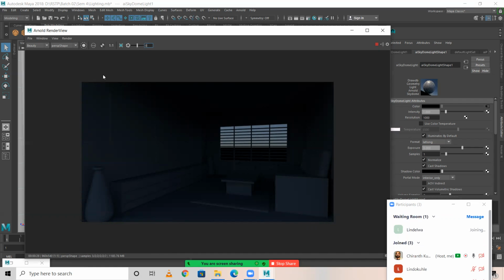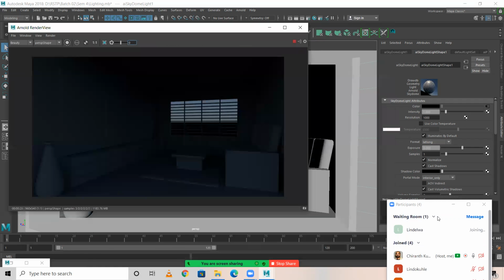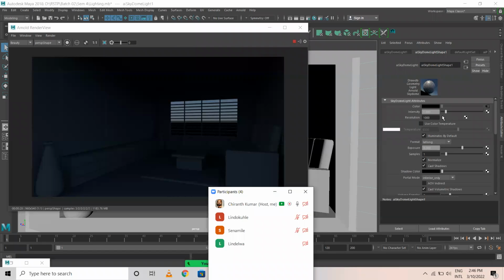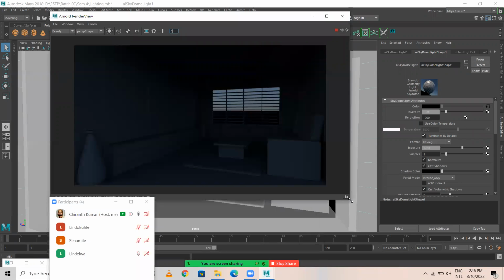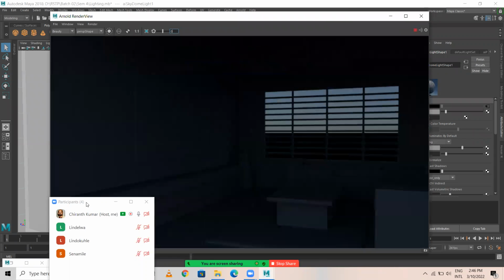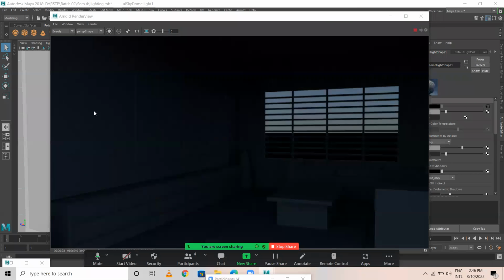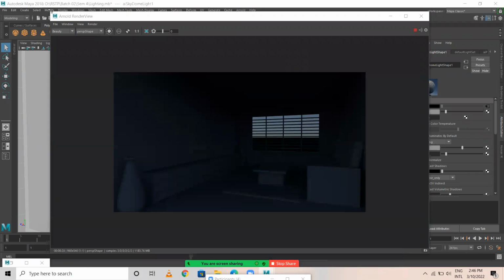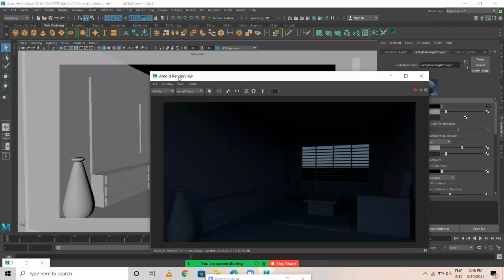Now the changes for this, let's work here. The intensity. If you just notice one more thing here, you can see there are a lot of pixels. That's because of the resolution part, so I'm going to change that.